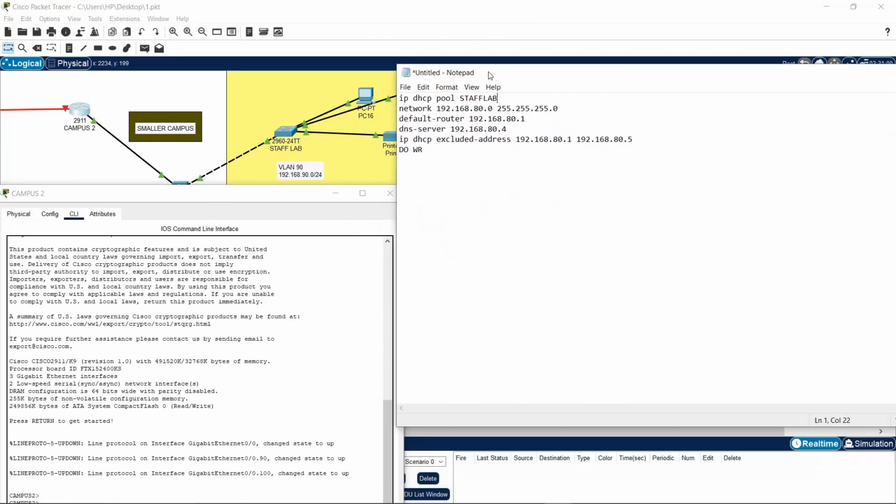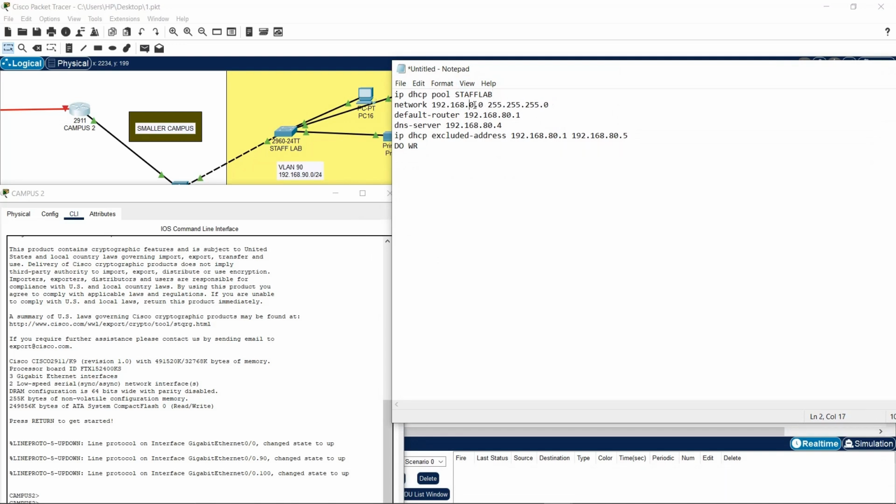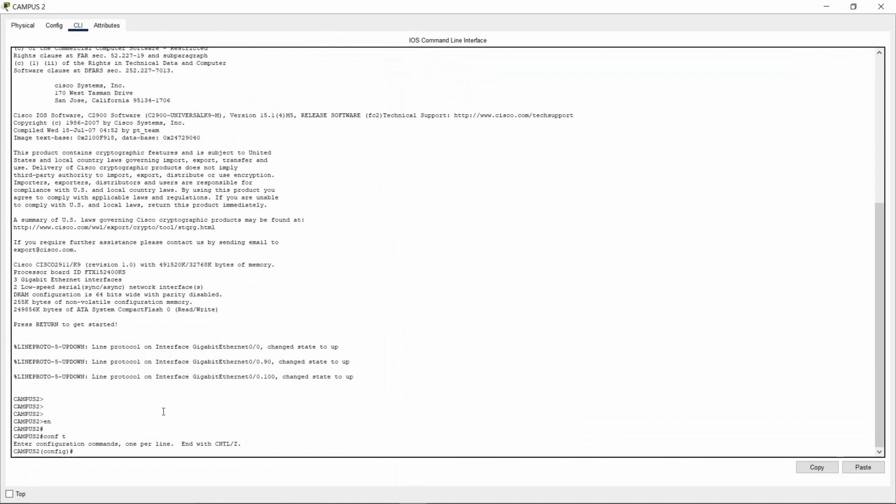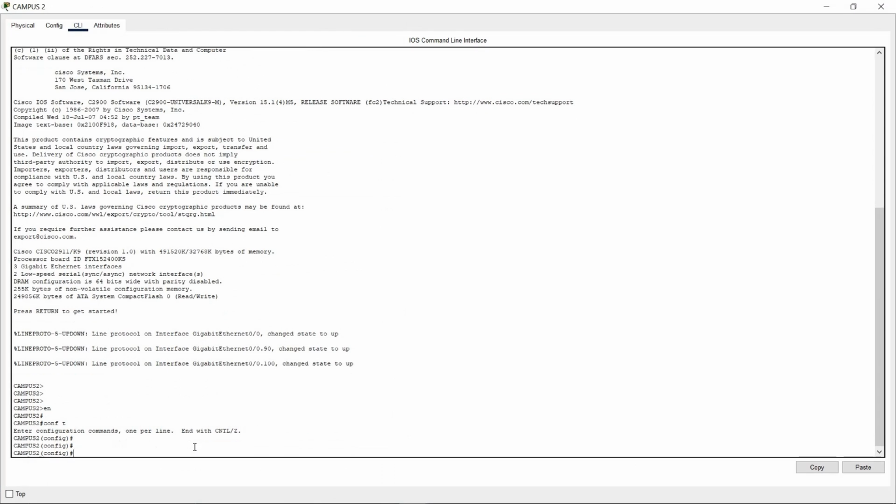Staff lab is 90. So 90, 90, 90. The DNS server is still this. We are going to route it so it can communicate with the web server. So don't worry. So come here and paste,